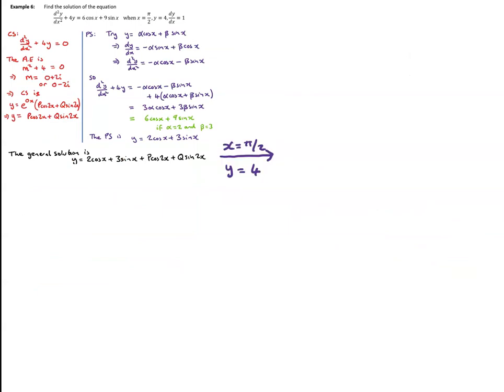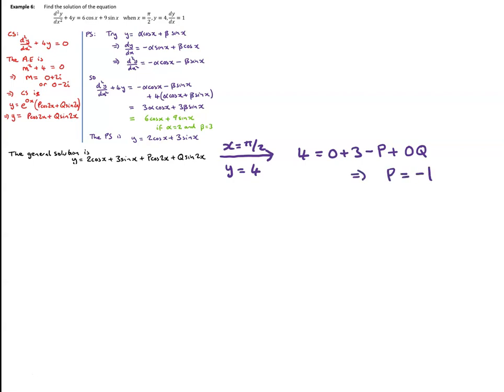So putting x equals pi by 2 in, I've got y must equal 4. So that gives me 4 equals 2 cos pi by 2, which is nothing, plus 3 sin pi by 2, which is just 3, plus p times by cos pi, and cos pi is minus 1, plus q times sin pi, and sine of pi is 0. So in other words, I've got 4 equals 3 minus p,